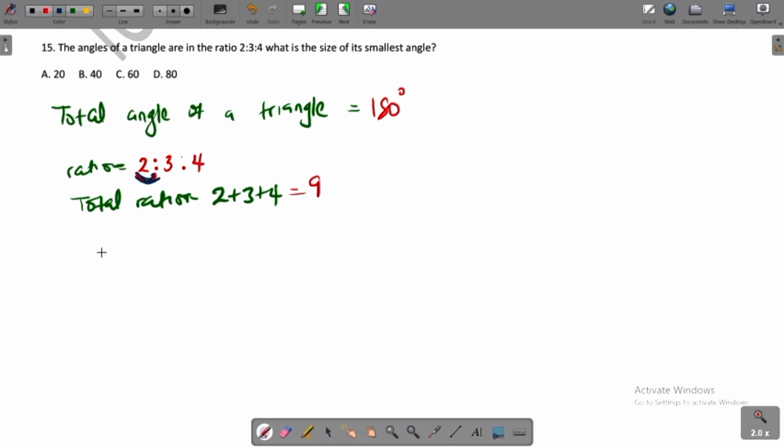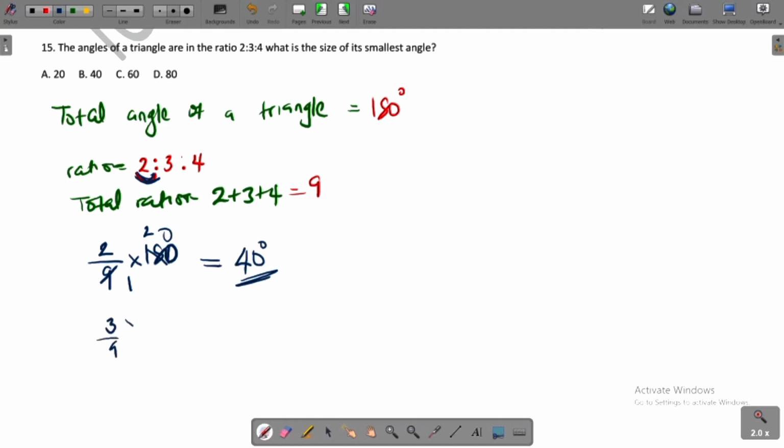Now you pick the smallest ratio, 2 over 9 times 180. 9 into 18 is 2, 9 into 0 is 0. 2 times 20 gives 40 degrees. So this is the answer to it. But if you have enough time, you actually